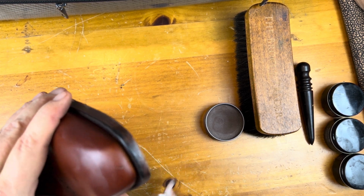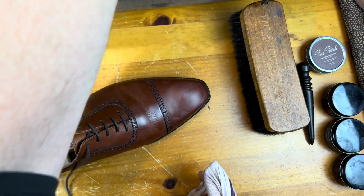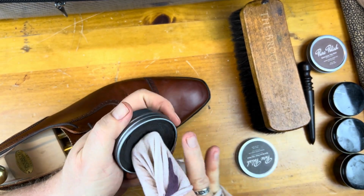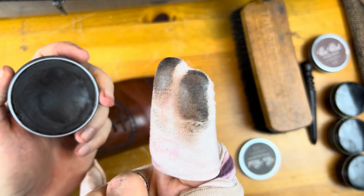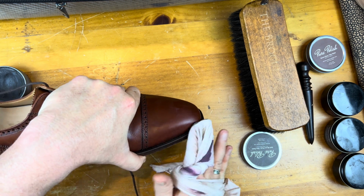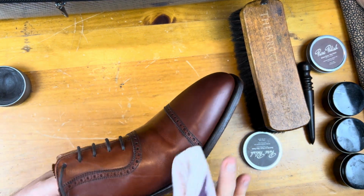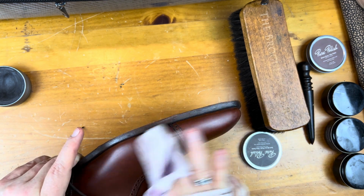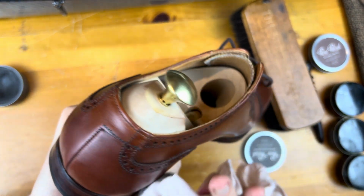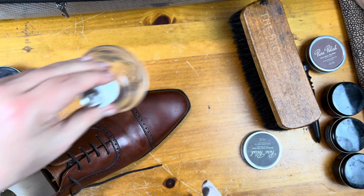Now I'm going to stop with the brown, and I'm gonna go to the dark brown. See how different the color is? It's just a very, very slight shade different. Just a very light touch, and then a little bit more around the back. And then again,